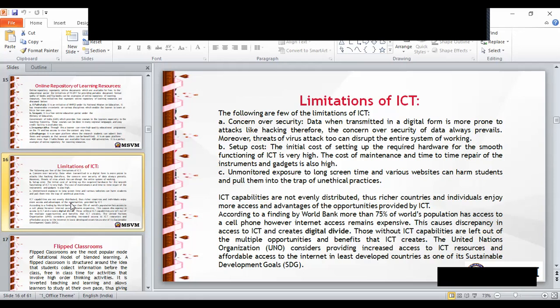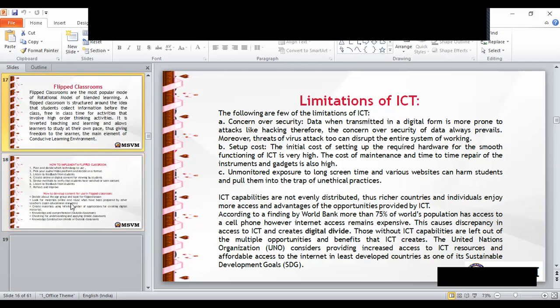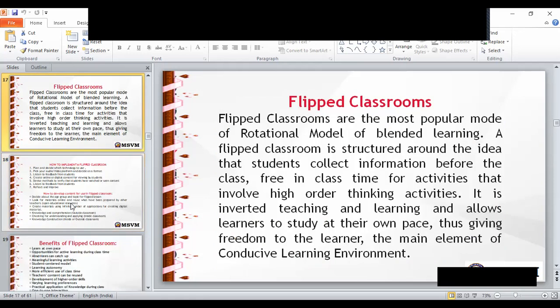We have just discussed flipped classroom in previous slides. So what do you understand by the flipped classroom? The flipped classroom is the most popular mode of the rotational model of blended learning. A flipped classroom is structured around the idea that students collect information before the class and free up class time for activities that involve higher order thinking.